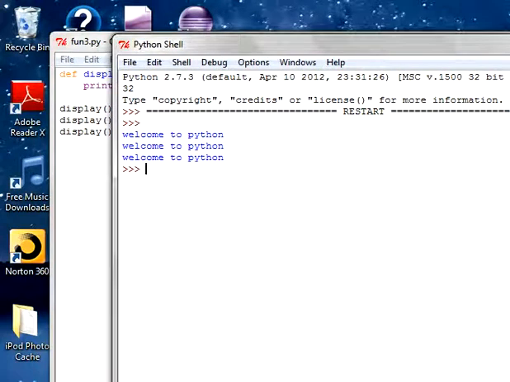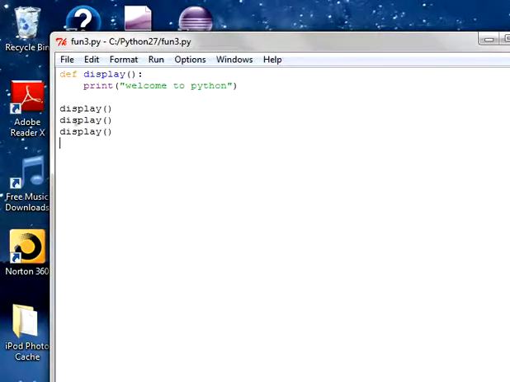This is about functions. What if you wanted to pass a parameter inside the function? I have not passed any parameters inside the function, but here I want to create one function for a rectangle. I want to find out the area of a rectangle. So I'm giving it a name. You can give any variable name, any function name. So I'm giving it as rect. So this is the function name.